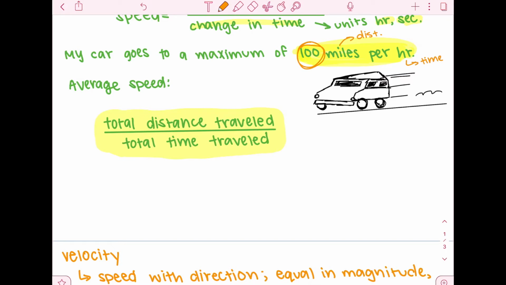So for example, if we have a car that is approaching a red light, it will obviously slow down in order to completely stop. But then after that light turns green, the car is going to speed up. Now the average speed is going to be the total distance traveled. So we're going to take the total amount of distance traveled and then divide it by the total amount of time that it was out on the road for. And it's going to just give us an average reflection of how fast the car was traveling from the time it started to the time it stops.